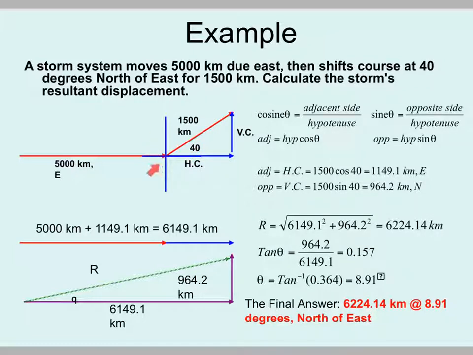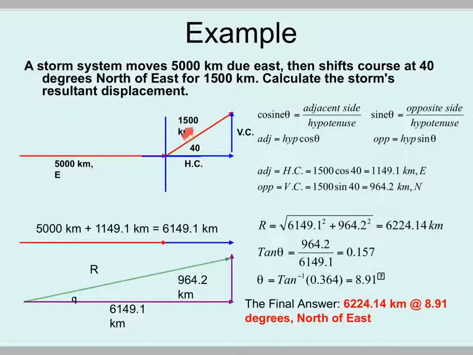We're going to ignore this section here, and we're going to find our horizontal and vertical components just like we've done in our previous examples. So we have our cosine and our sine formulas. The adjacent will equal the hypotenuse times the cosine of the angle, and our opposite will equal the hypotenuse times the sine of the angle, just like we've done previously. So that our adjacent, this right here,